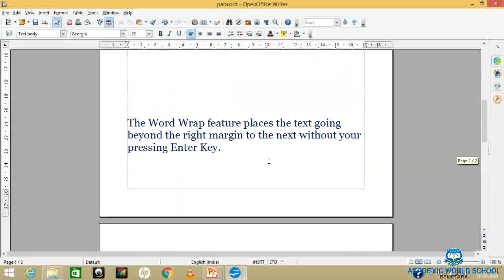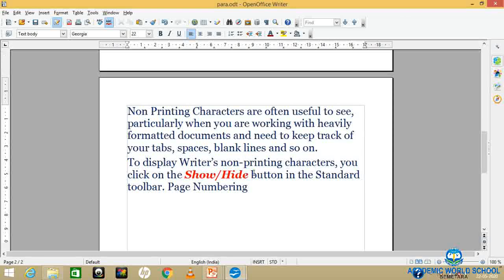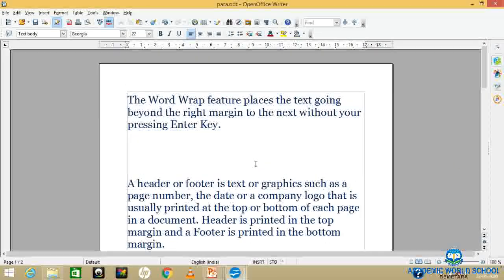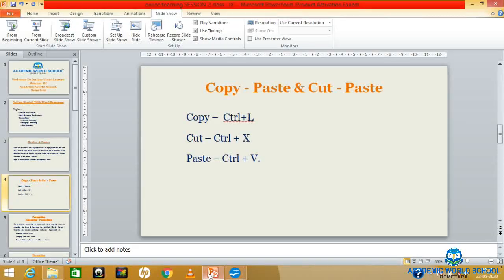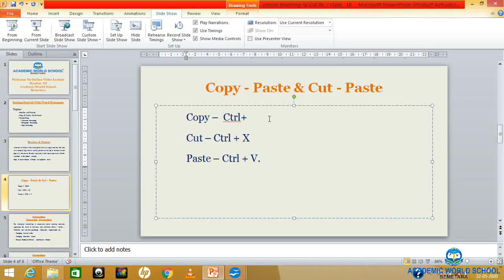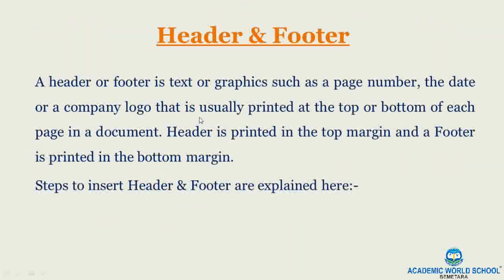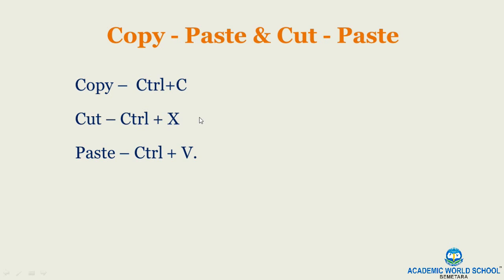I was telling you that whenever you are copying a matter, it goes to the clipboard. Clipboard is a temporary storage of the word processor where the matter is stored for a short time, and when you paste it, it moves to the next page or next document. So Control plus C, Control plus X, and Control plus V. Now copy and cut.